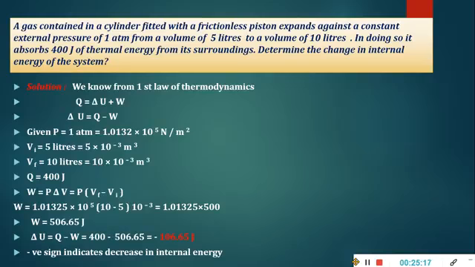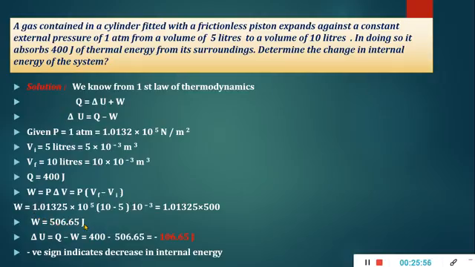So what is the work done? It is P delta V, which is nothing but P times Vf minus Vi. So W will be P, we know 1.01325 times 10 to the power 5, times Vf minus Vi, 10 minus 5 times 10 to the power minus 3. So it will be 1.01325 into 500. This 10 to the power 5 and 10 to the power minus 3 will be 10 to the power 2, and 10 minus 5 is 5, so 5 into 10 to the power 2 will be 500. So when you multiply 1.01325 into 500, you will get